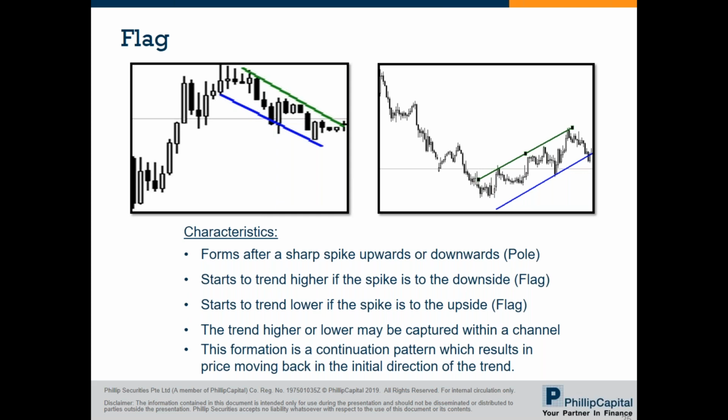Right? And what happens is that price will retrace slightly in the opposite direction after the pole is formed, and that is the flag portion of it. So just imagine a flagpole with a pole and the flag jutting out. This is a continuation pattern. So what happens is that prices tend to see a gradual